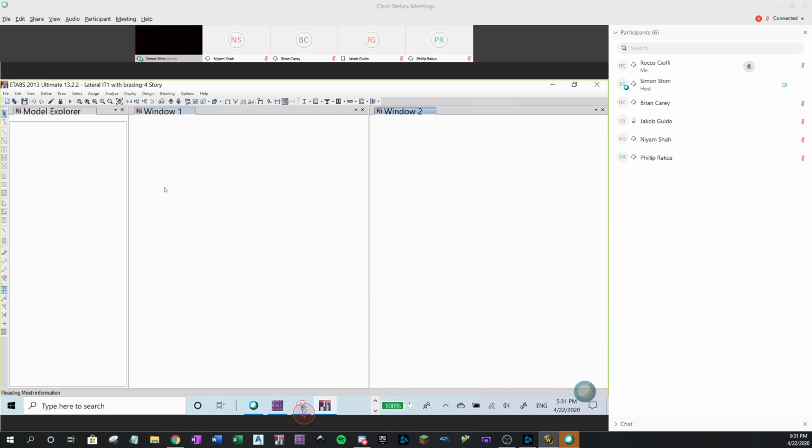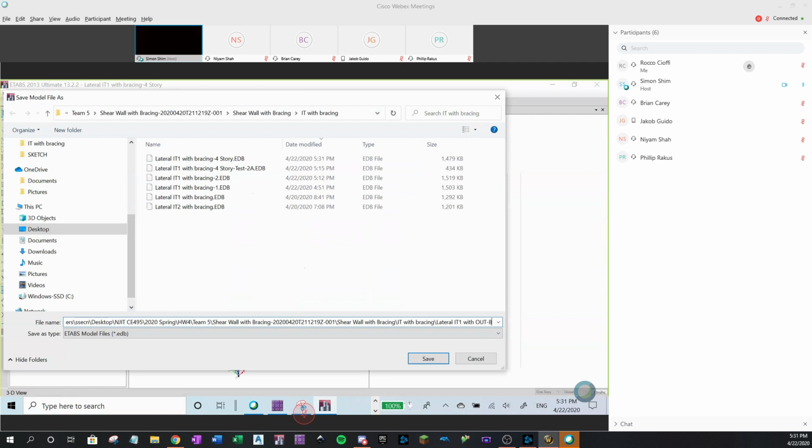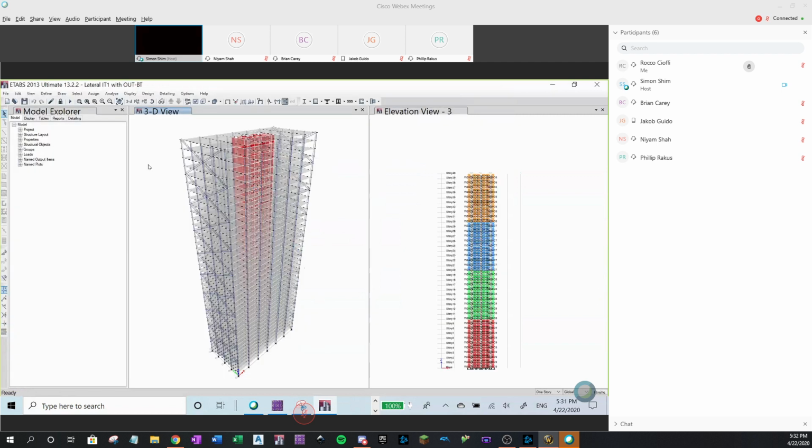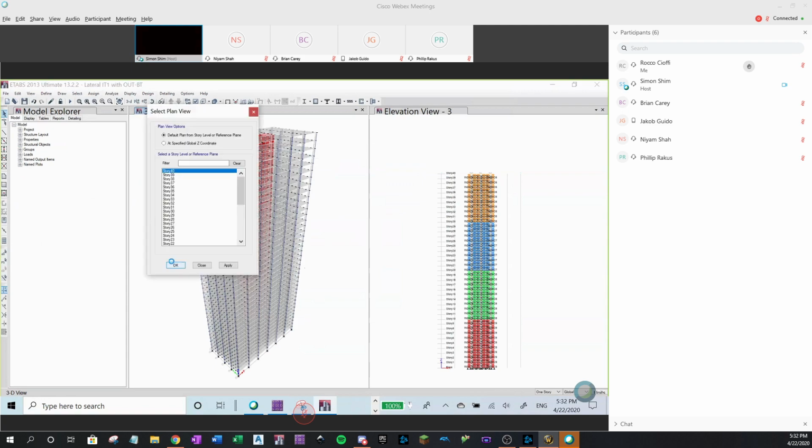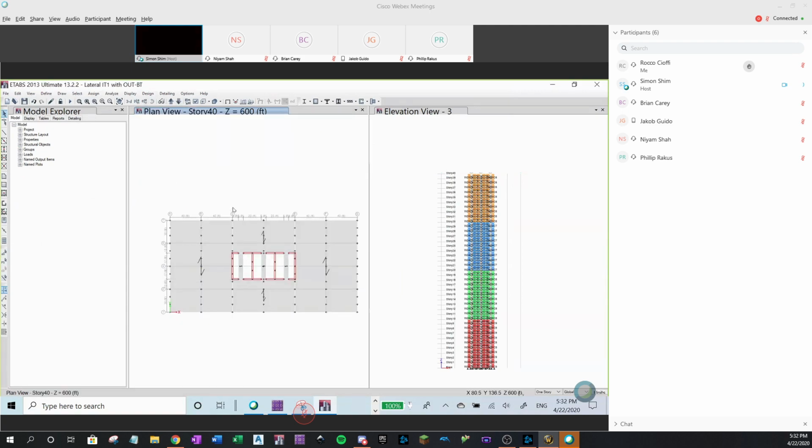Instead of this, it is outrigger and belt truss. So here I'm gonna delete this bracing, and since we need only some stiffness in the y direction,